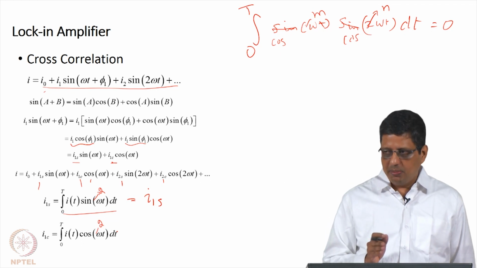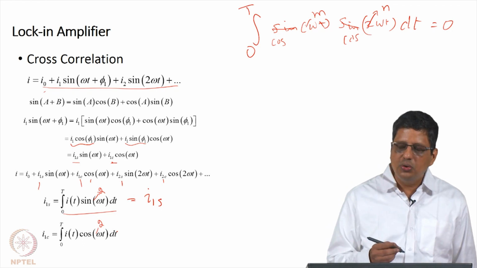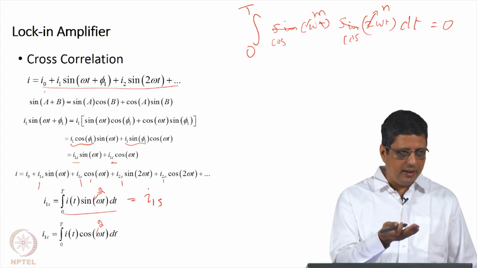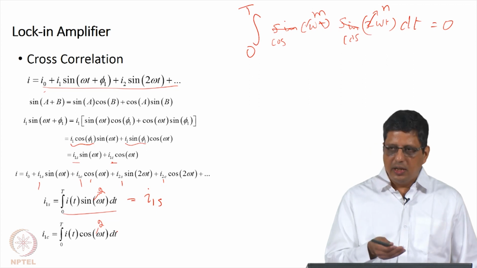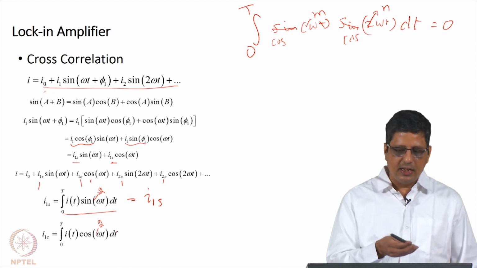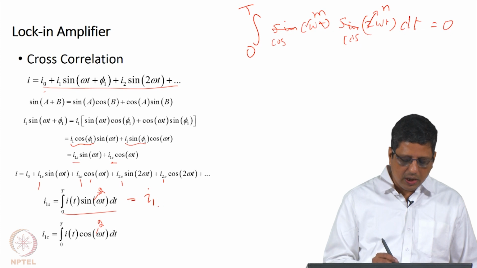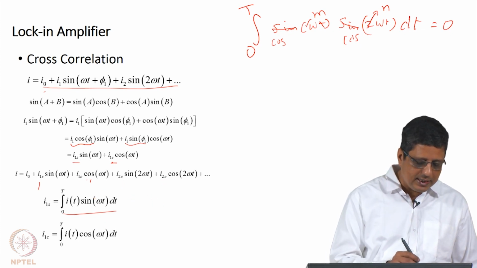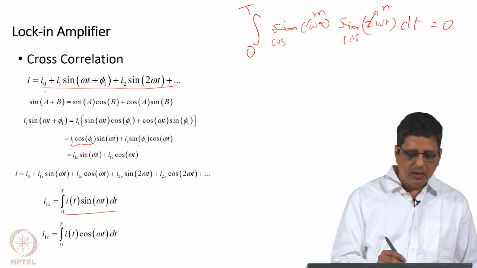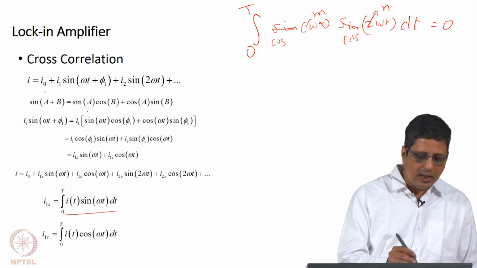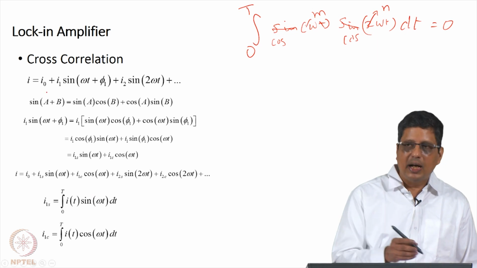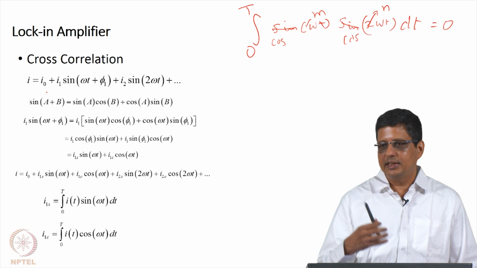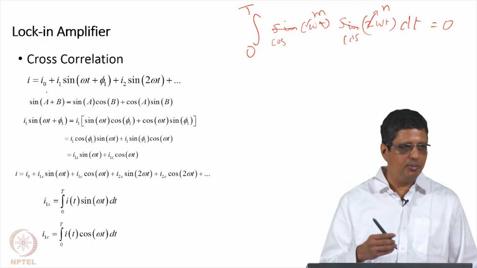Here you have to do it multiple number of times, and these are usually done at the chip level. It is not that data is taken and then processed in the software. Then you can even try parallel processing. These are done at chip level, and usually you get only one harmonic, fundamental harmonic out of the lock-in amplifier. Although you can set it for other harmonics, if I want to acquire data with the normal lock-in amplifier, I will have to run it once at the fundamental mode, run it again at the second harmonic, run it again for the third harmonic, and so on.